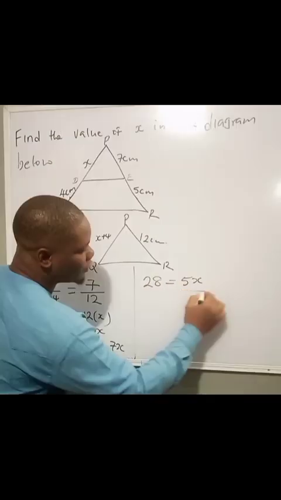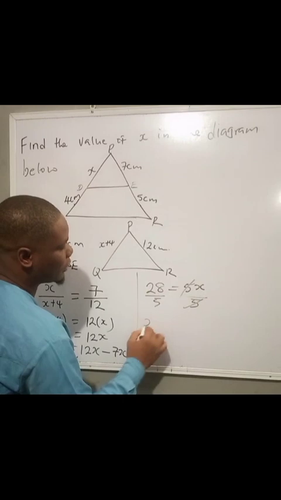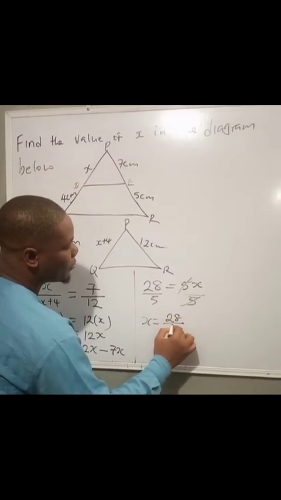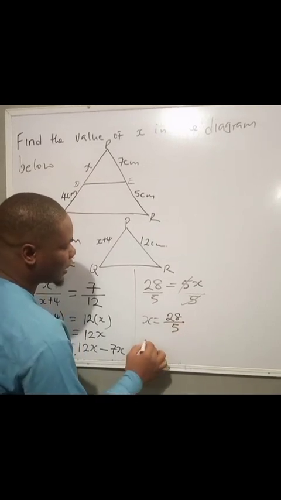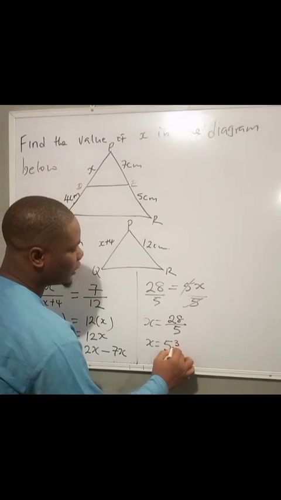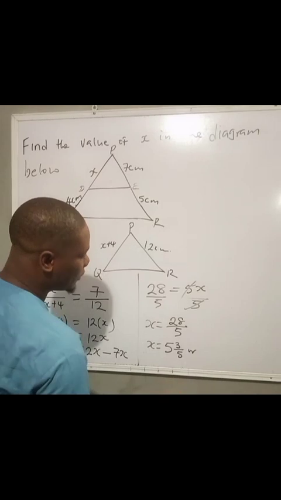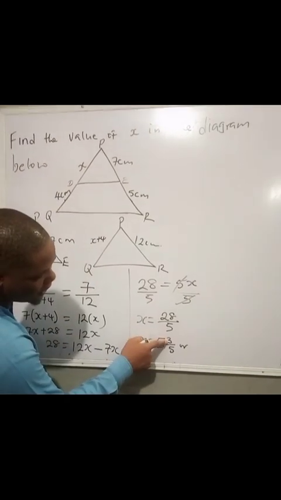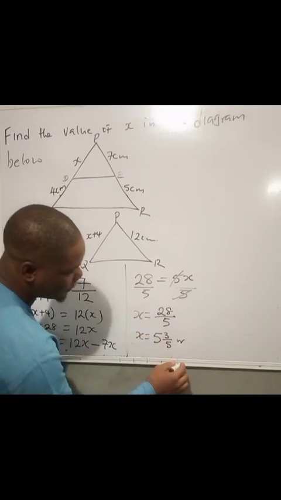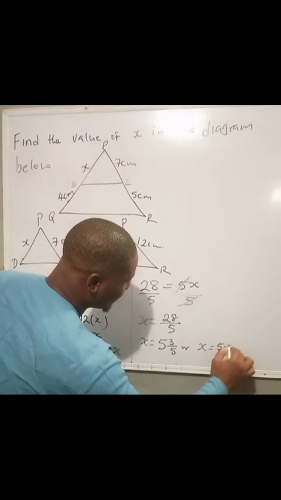So when I divide both sides by the coefficient of x, if I cancel here, I can say x is equal to 28 over 5, which will now give me x is equal to 5 whole number 3 over 5, or in decimal form, 5.6. So this answer will be x equals 5.6